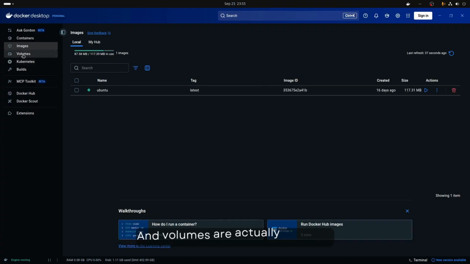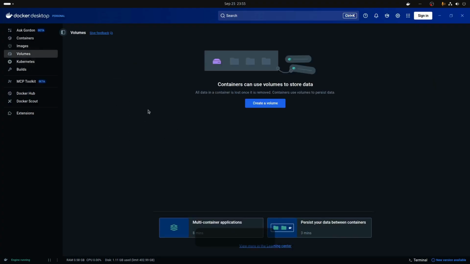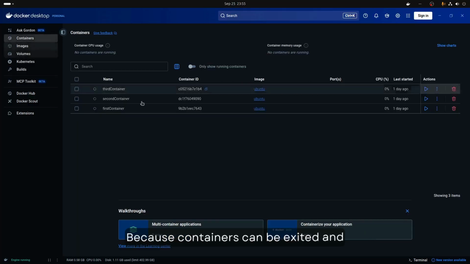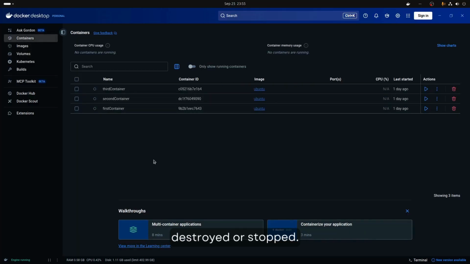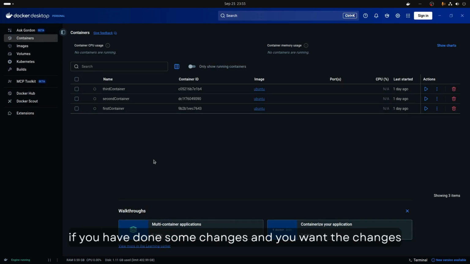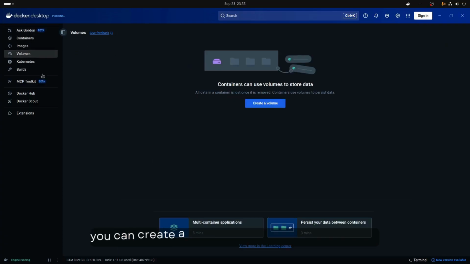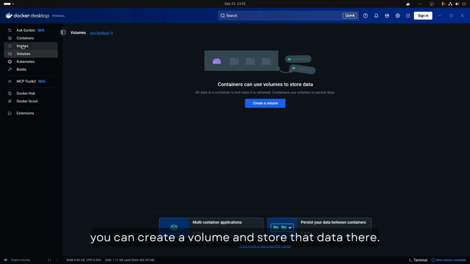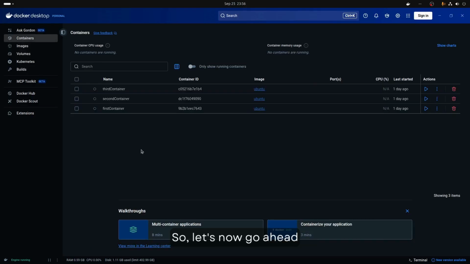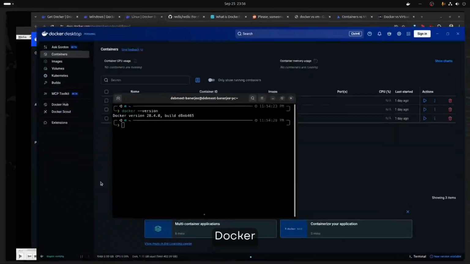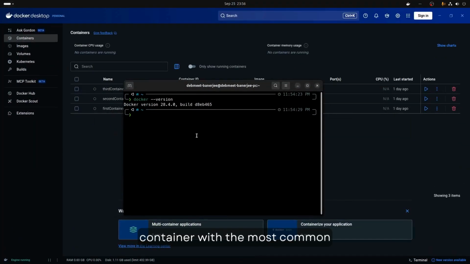Volumes are actually storages which help containers have some persistent storage, because containers can be exited, destroyed, or stopped at any point of time. So if you have made some changes and you want the changes to persist, you can create a volume and store that data there. So let's now go ahead and create our first Docker container with the most common Docker